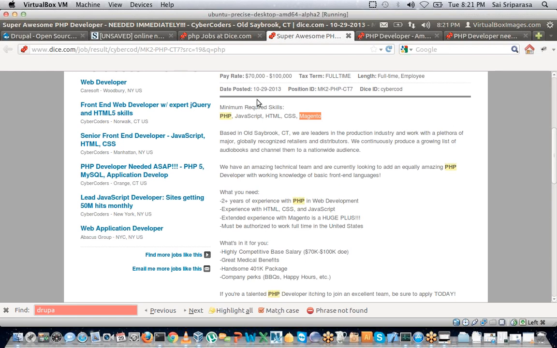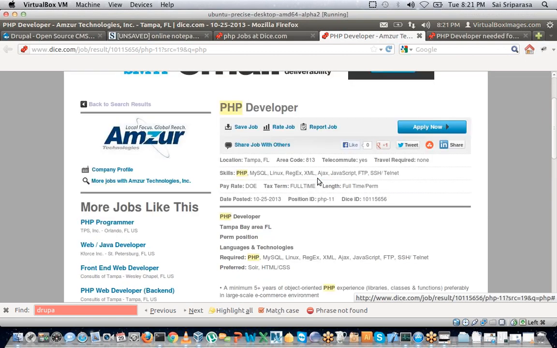So the number of people who know Magento is a handful. These people can try their luck if they want a PHP person who should have a green card or has to be a citizen. So I am pretty sure this position will not be filled very soon.